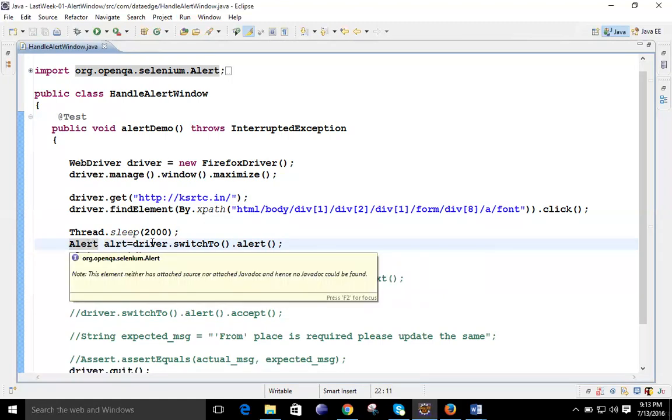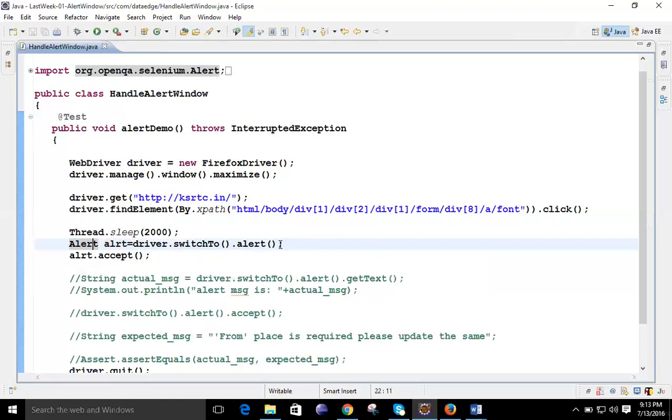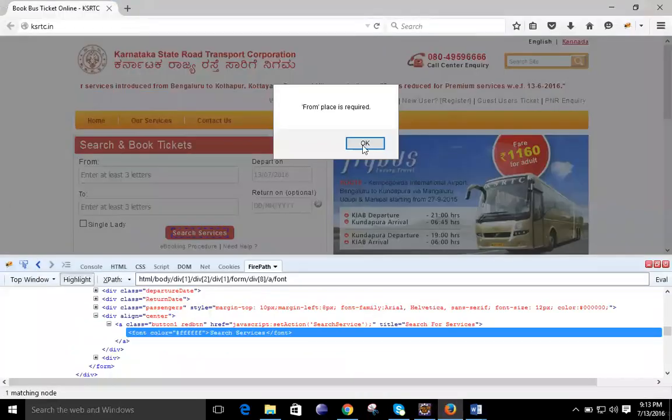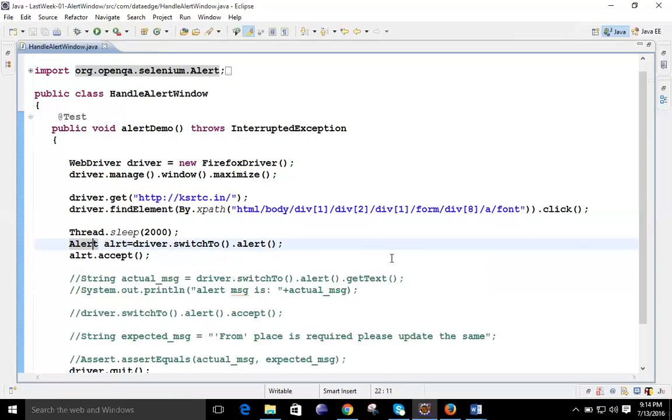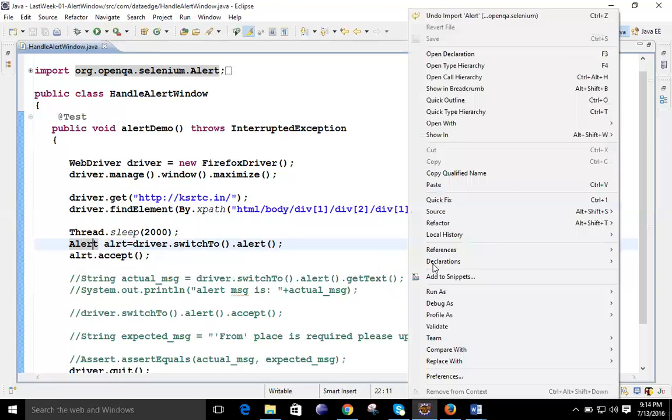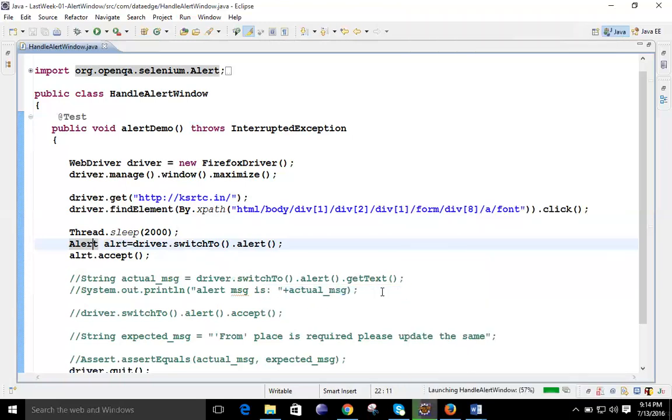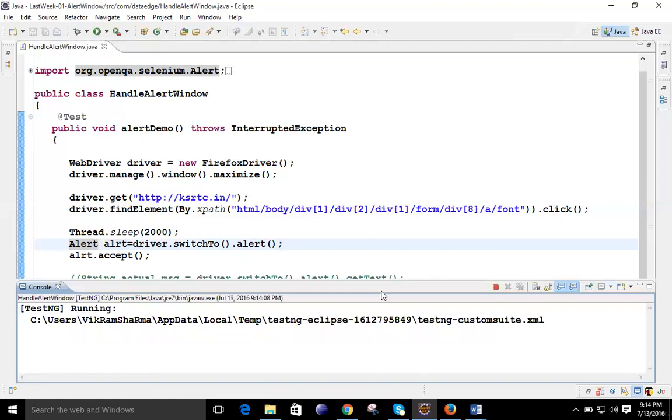Alert object driver.switchTo, where you will switch directly to the alert. Then it has the method known as accept, so it will accept that alert. It will simply accept like this one. There are a lot of changes we have to see. First we will see the output up to this one. Alert accept in the sense it says that it went to the next window, right, Vikram? What is the action performed when you say alert.accept? Let the browser be open.